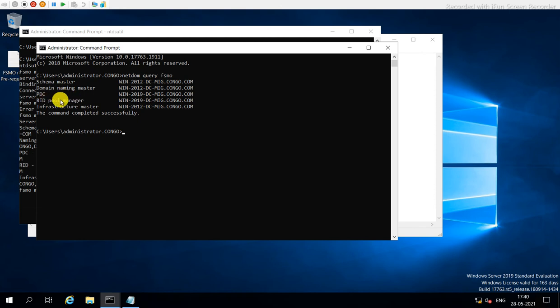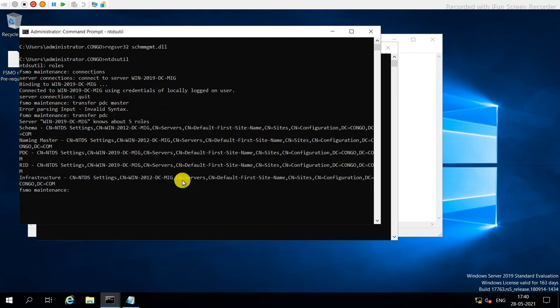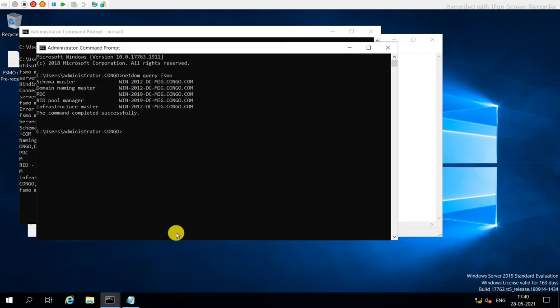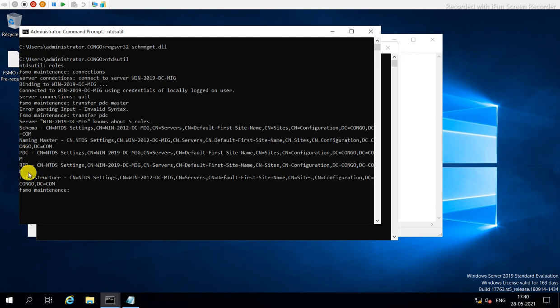Okay, that is handling. The RID pool manager is also handled by the 2019 server. That is good. Now we will check which roles are handled by the 2019 server. We already checked in this command prompt. So currently we will try to transfer the RID master.